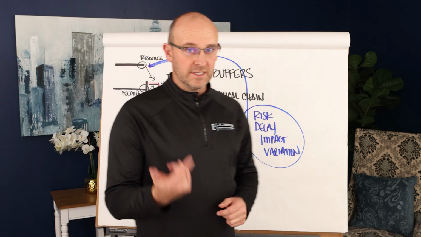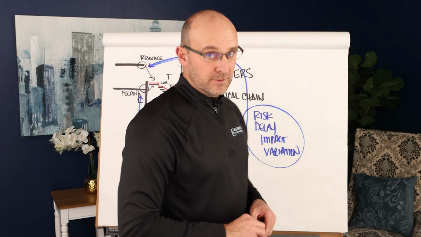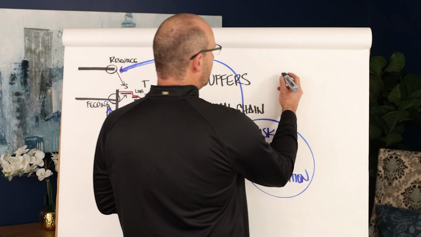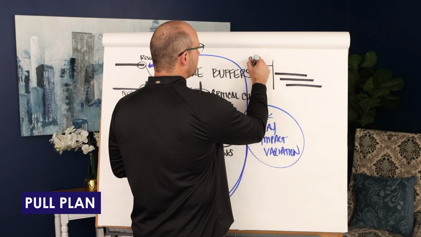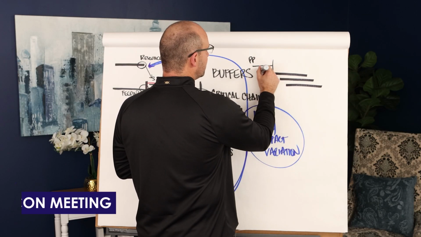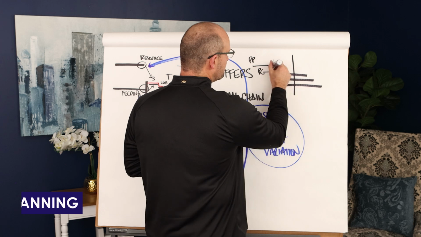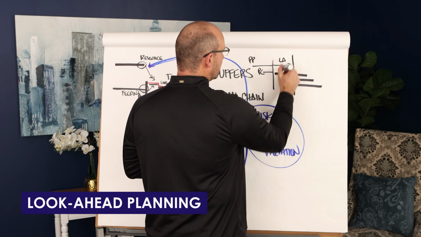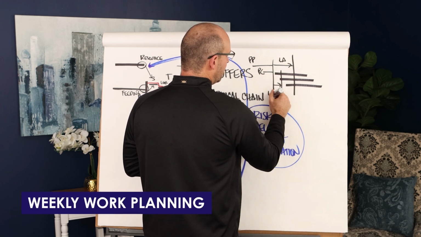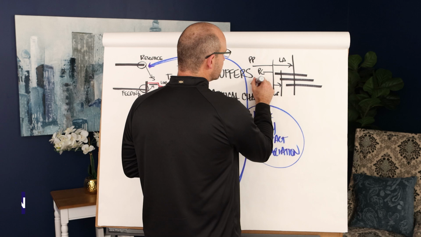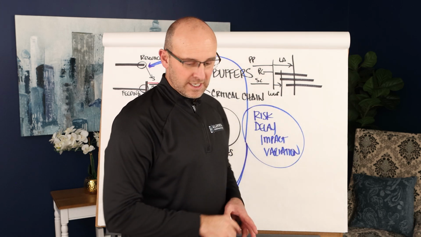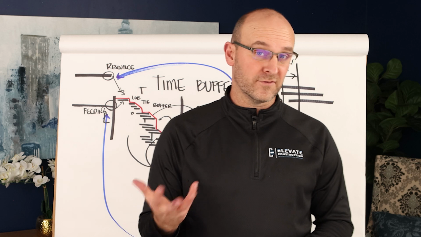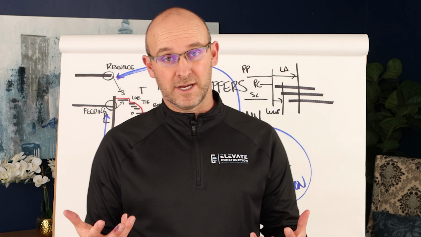Now this does not release us from our need to properly plan. So let me just remind us, when you have a phase in construction, always do a pull plan 3 months ahead. Always do the pre-con meeting 3 weeks ahead. Always do look ahead planning 6 weeks out. Always do weekly work planning a week out, and always align the supply chain. These are habits of a builder. And if you do that, you'll reduce most, if not all, of the foreseeable variation, delays, and impacts, but not the unforeseeable ones.